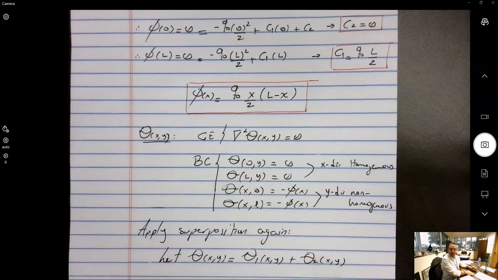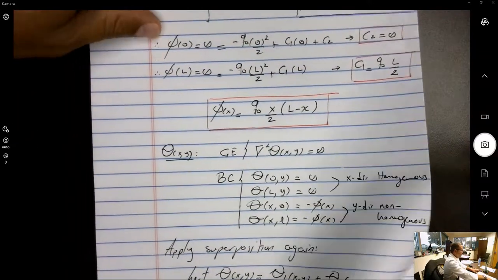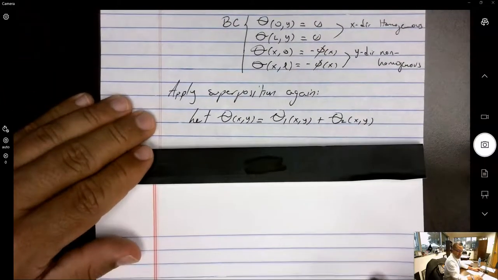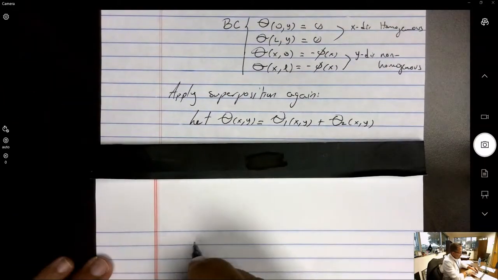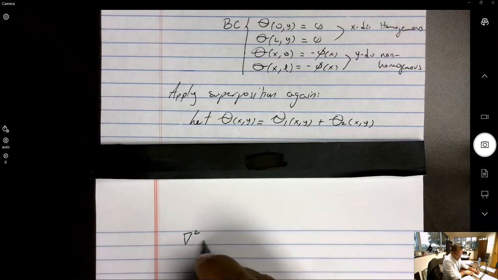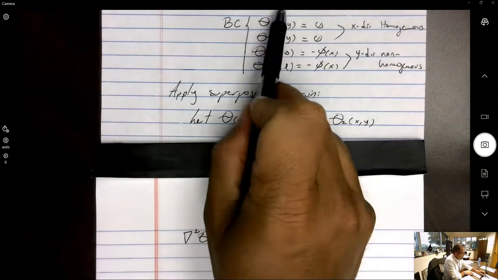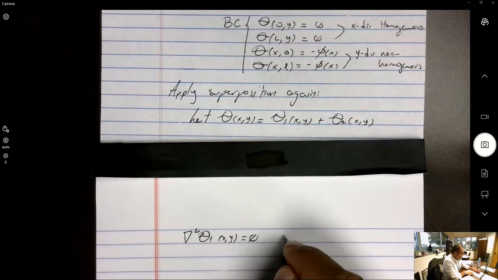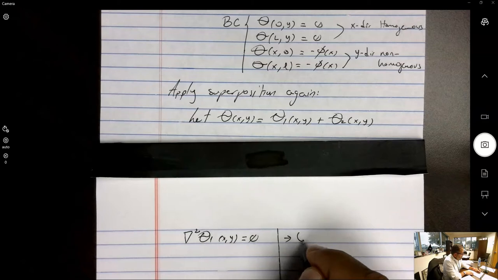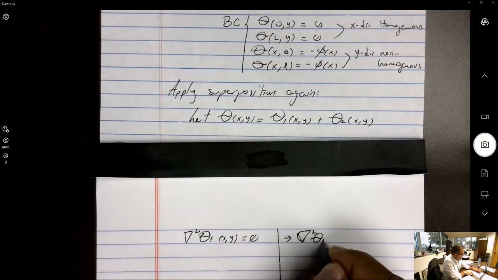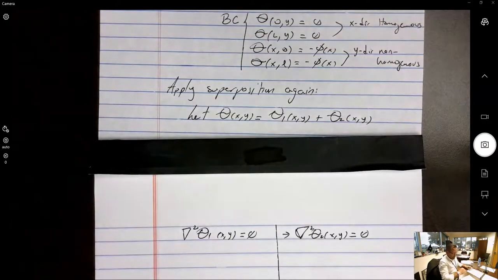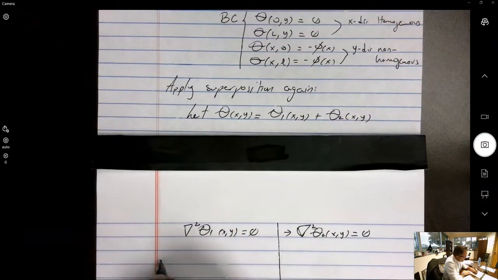And we're going to solve this problem exactly the same way we just solved the problem that had two non-homogeneous conditions. The way it's going to work, again, is that if the Laplace of theta is equal to 0, then the Laplace of theta 1, we're going to let be equal to 0. And then the Laplace of theta 2 should also be equal to 0. This plus this one gives you 0. And the boundary conditions are